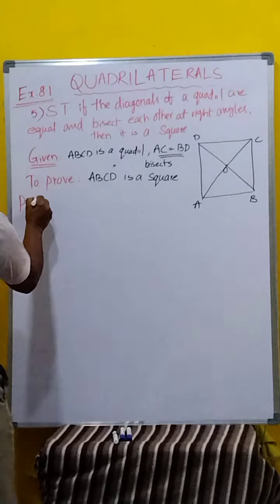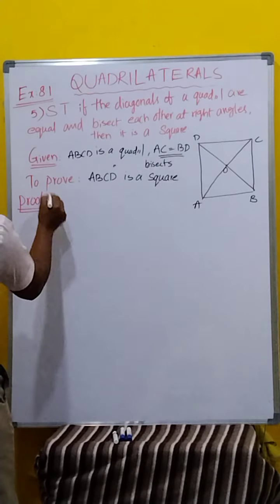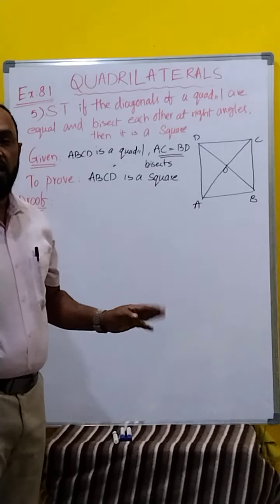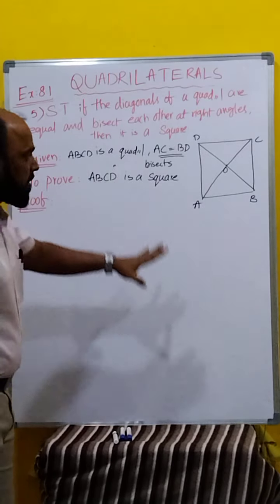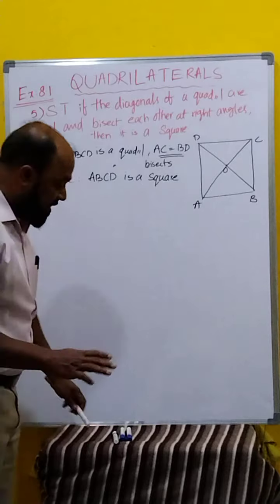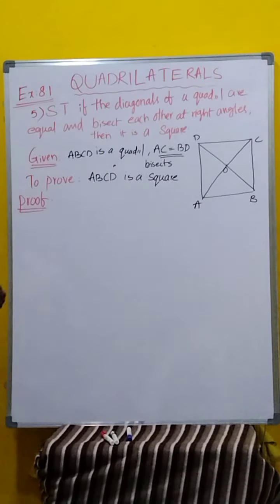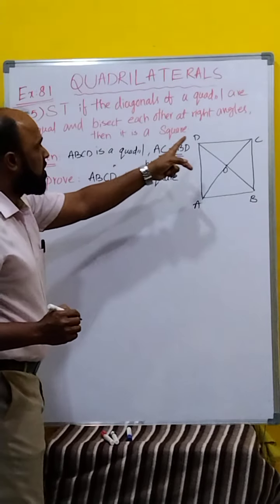The step-by-step process. If you are perfect in the triangle chapter, then only you can understand. Otherwise, because all the congruence rules we are using now here, yes, even lines and angles also. Clear children? We will go for proof. You select what is given. From given, we will go further.